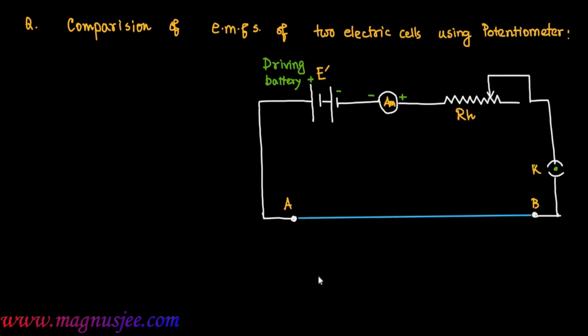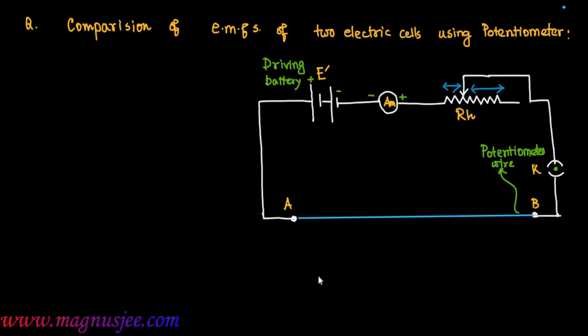And there are two terminals, A and B, and between A and B a potentiometer wire is connected. This is the potentiometer wire, which is made of constantan or manganese, having zero temperature coefficient of resistance. AB is the potentiometer wire. A plug is inserted in the key K. In that case, current will be generated from the driving battery,